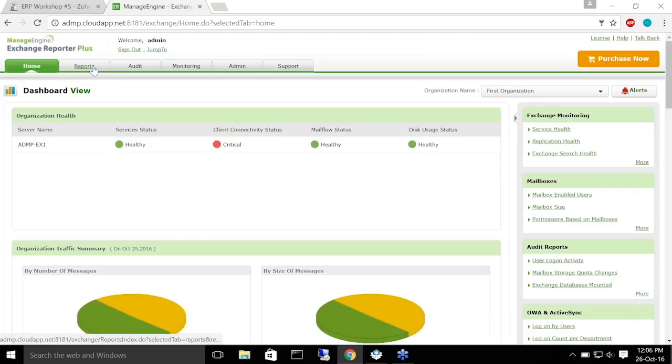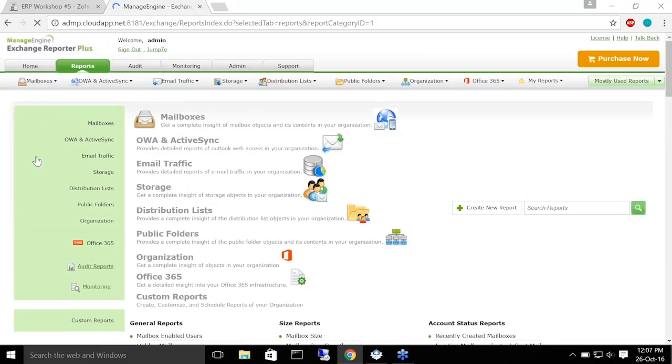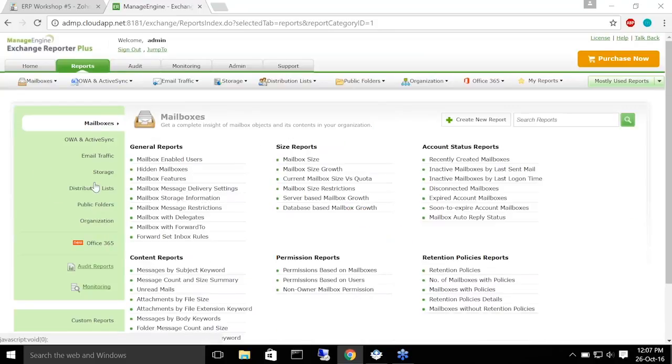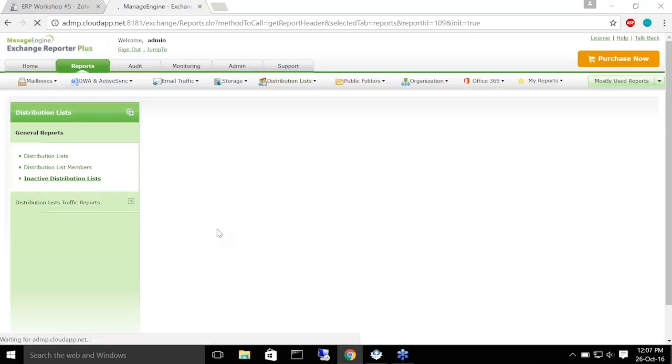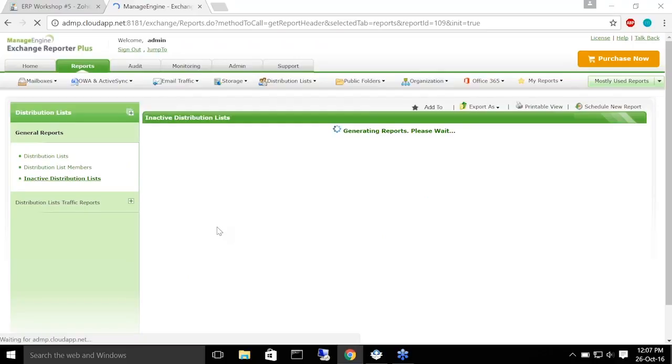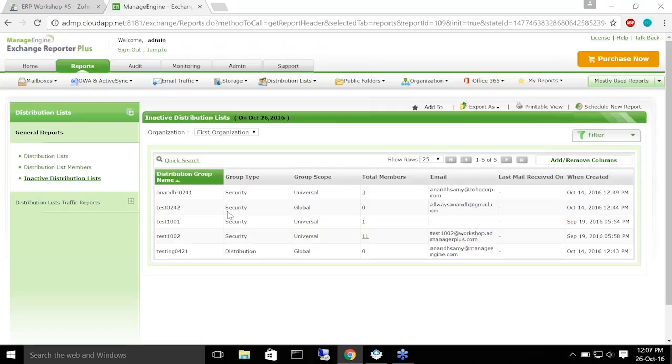So it can be found in the Reports tab of Exchange Reporter Plus. The category that the report falls under is the distribution list category. And once you click on it, you can see the inactive distribution lists report. So as you can see in this report, you can see the name of the distribution group, you can see